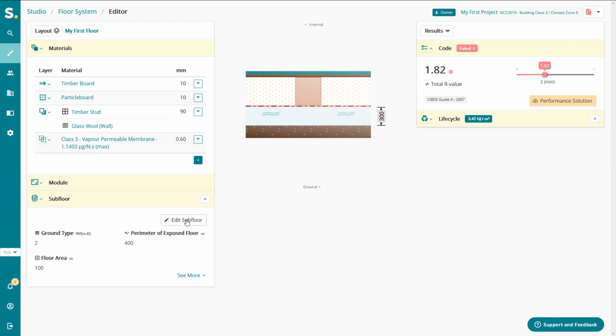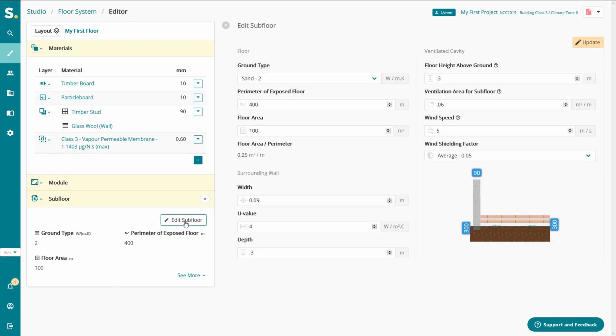and that's the ground. So within this scenario, I've just selected a generic system, and this generic system has already got a subfloor set up. So we have a rudimentary render here where you can start to look at some of the impacts of that subfloor, its height above ground, its ventilation area,